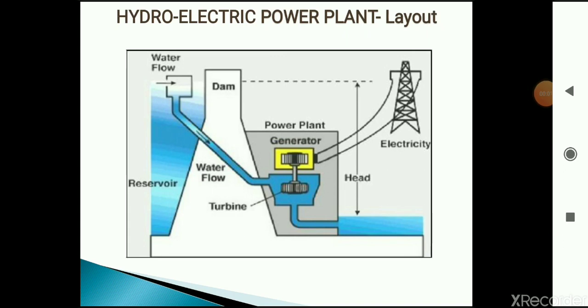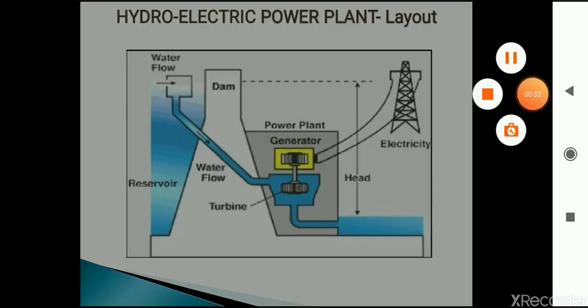Water from the dam is carried to the turbine where it is expanded over the turbine blades, due to which mechanical output is generated by the turbine. This mechanical output is given to the generator, due to which electricity is generated, and that electricity is connected to the main grid lines. Water, after expanding over the turbine, comes down to the tail race. From the tail race it is discharged into the canal or into the river.